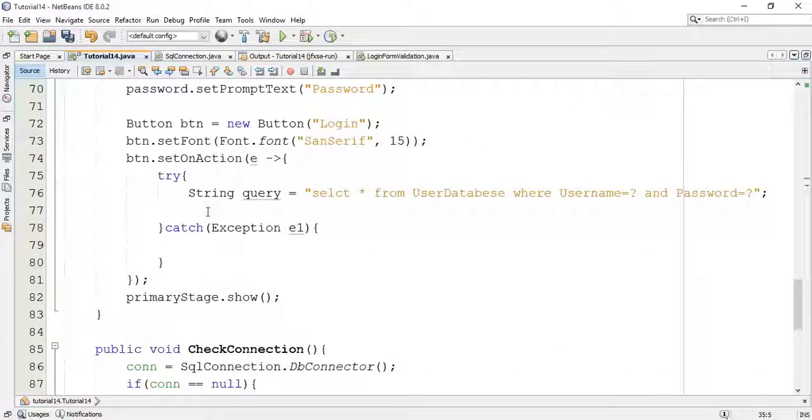Now come to our program. So in that I'm going to send a query through prepare statement.